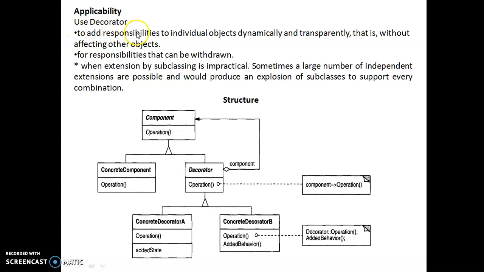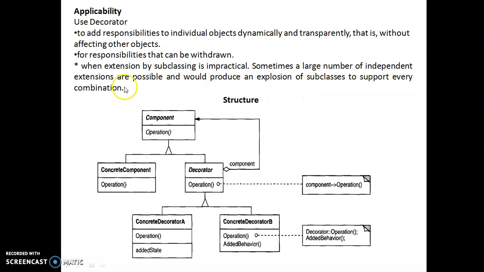Use decorator to add responsibilities to individual objects dynamically. So for adding to individual objects dynamically, we use the decorator pattern, for responsibilities that can be withdrawn. If you want to withdraw the responsibility also, you can use this. When extension by subclassing is impractical, at that time also you can use the decorator pattern.